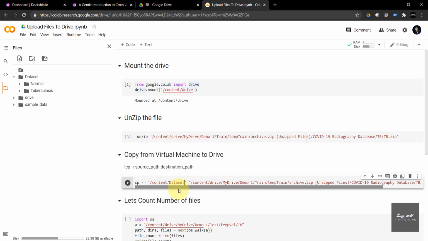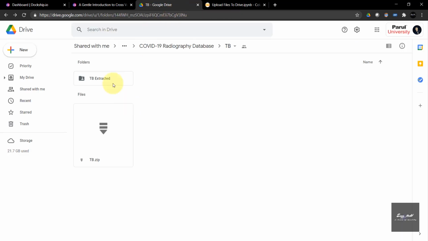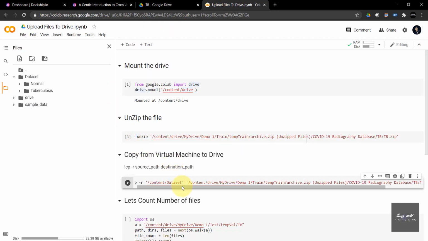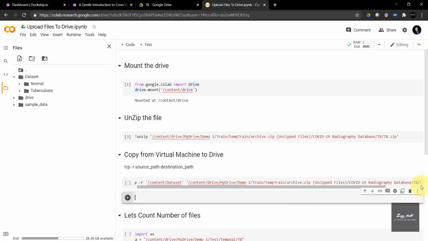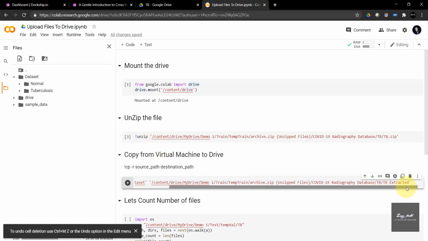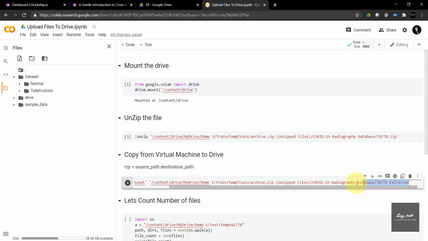Okay, and you can see that I have created this folder. You can just copy that particular folder path, and I have provided that path. You can see that yeah, it is here, tb extracted. If you want to know the path, you can just use the triple dots.